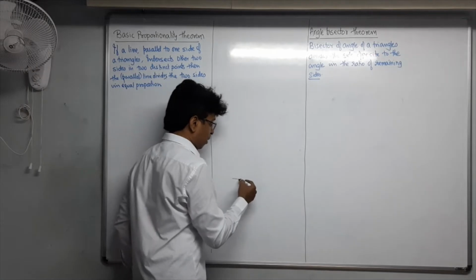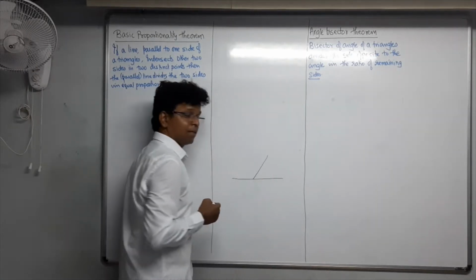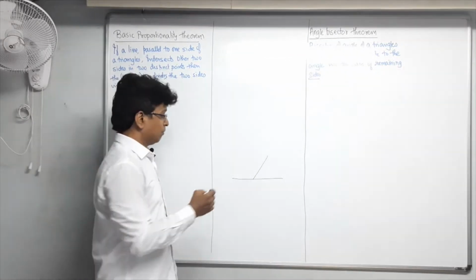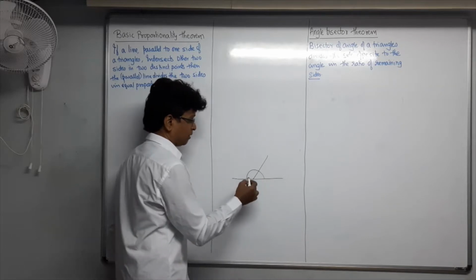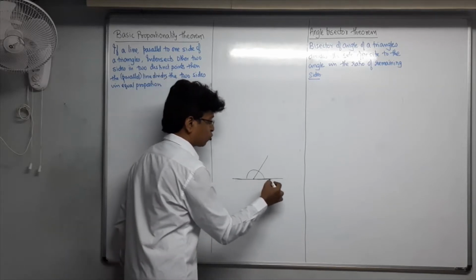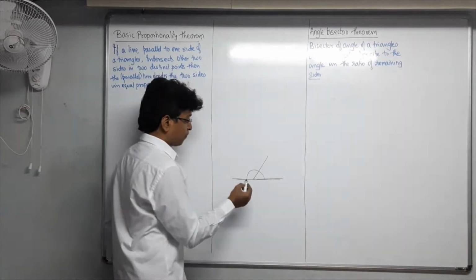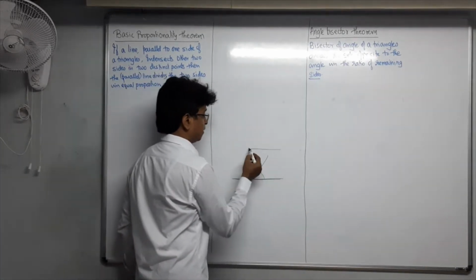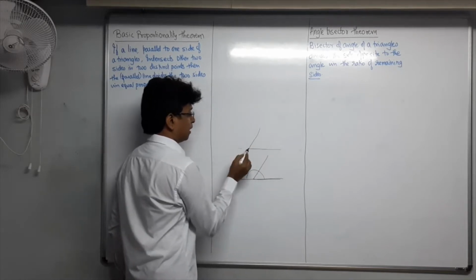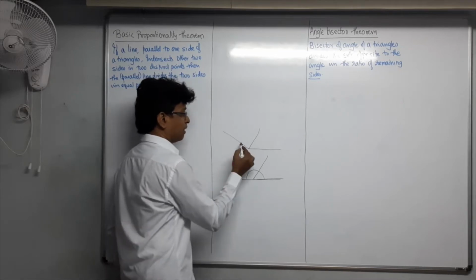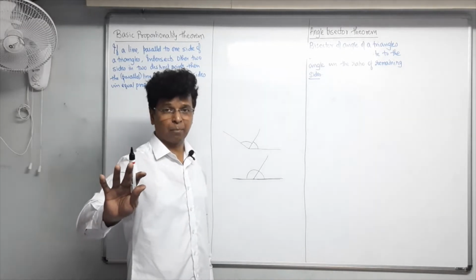When are they applicable? When there is a straight line. This has to be a straight line and then two angles are formed. When the two angles are formed in such a way that the adjacent angles are a straight line, this has to be a straight line, only then angles in linear pair will come into the picture. If supposing this is not a straight line, and it comes only up to here, something like that, then they are simply two adjacent angles. They are not going to be angles in linear pair.